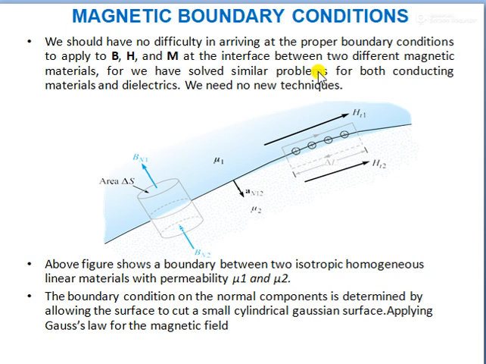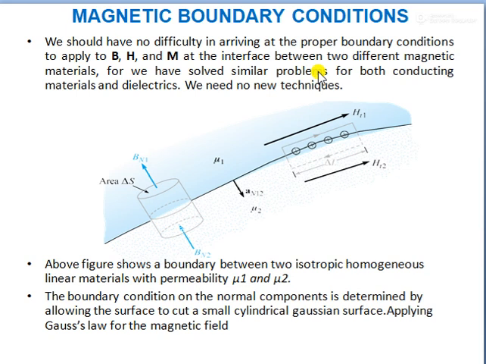The conditions of the magnetic field existing at the boundary of two media, when the magnetic field passes from one medium to the other, are called boundary conditions. That is, the condition existing between the two media when the magnetic field passes from one medium to the other medium is a boundary condition, and simply it is called the magnetic boundary conditions.